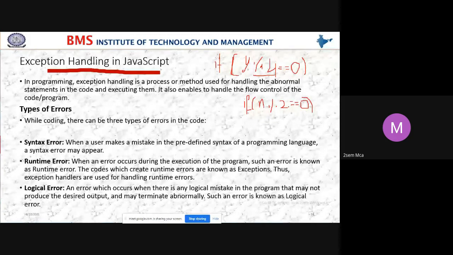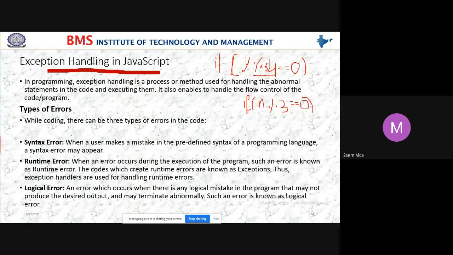So now, by mistake, if I write 3 here, and here also, if I divide the year by 3, will I get the correct output, students? According to syntax, both are correct. But logically, I am not writing a correct logic.